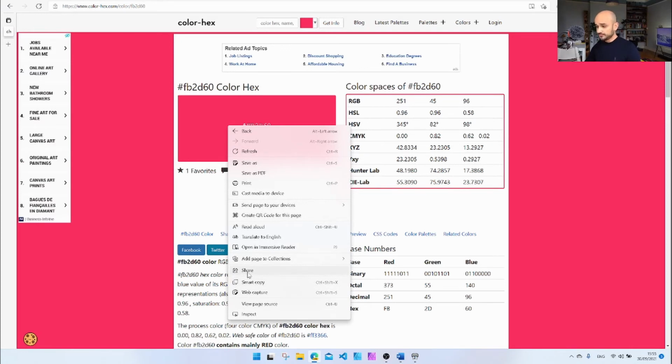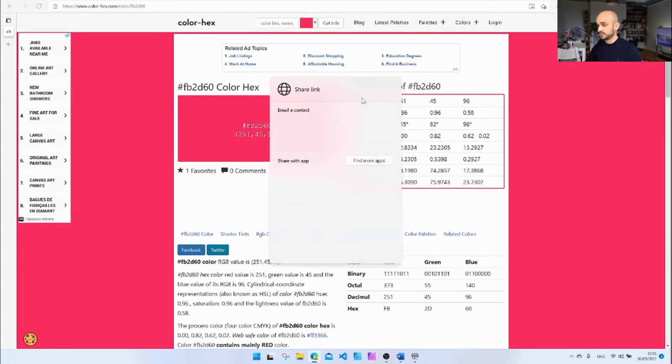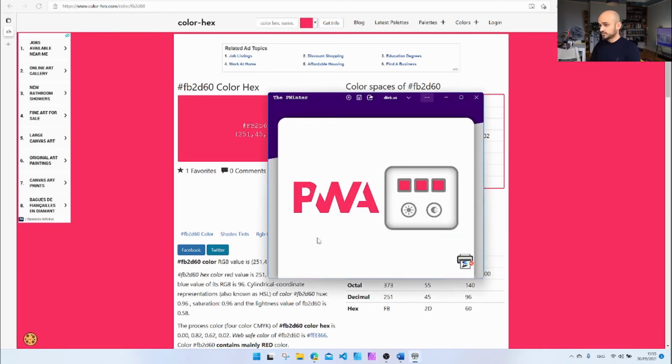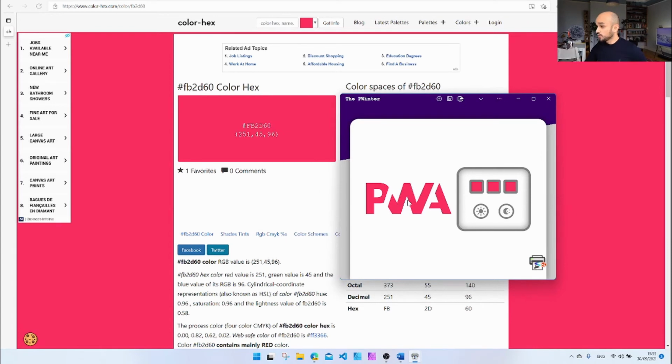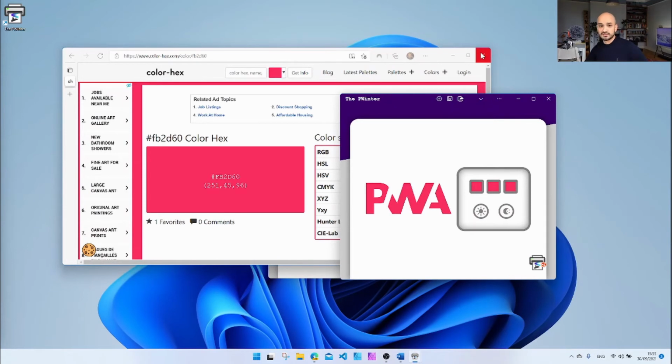Now, this is going to bring the share dialog of the browser, but I have the option of going into the native share dialog of the operating system. And you can see here that when I click on this one, I can share with an application, and I am able to register the PWA, the printer in this case, as a share target. So once I share this, it's just going to parse, I think it's the title of the page, and I'm extracting the color. So you can see how I'm creating a PWA logo that's based on this web page. All this with a web share target.